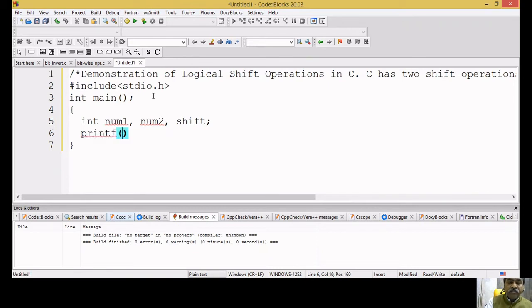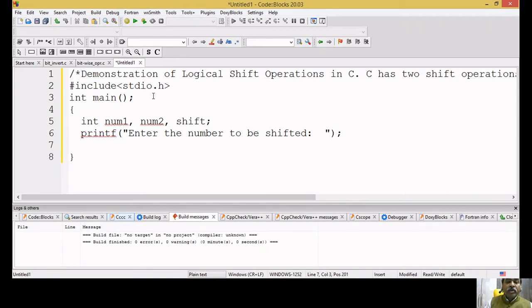printf, taking the inputs, printf "Enter the number to be shifted." Do not forget the semicolon.